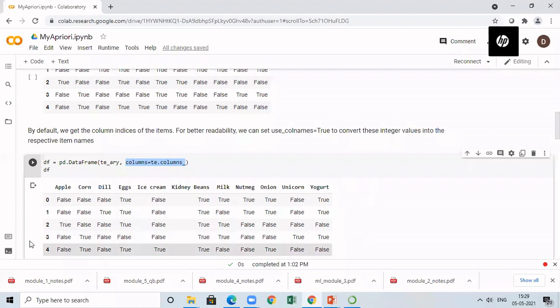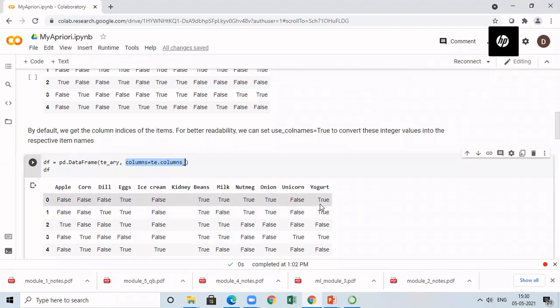Now, when you see this one, in the 0th transaction, that is nothing but transaction number 1, apple is not present. When there is false in a particular column, it means that item is not present. Apple is not present, corn is not present, dill is not present, eggs are present, ice cream not present, kidney beans present, milk present, nutmeg present, onion present, unicorn absent, and true for yogurt present.